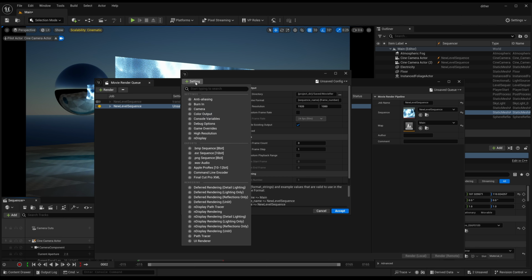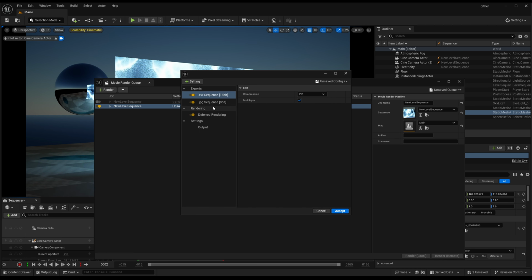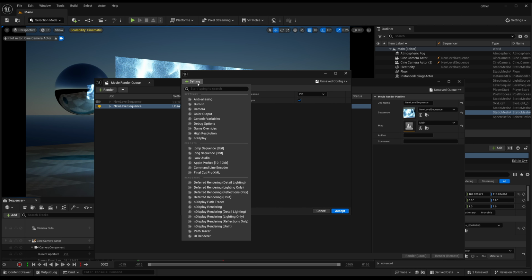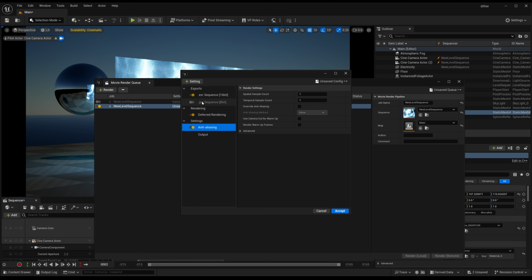So I've rendered this sequence out already, and I've used EXR as the file format, and for my settings for anti-aliasing, I did 1/64, so 64 temporal sample count. And when you add that, you're going to get this message saying that the spatial sample count multiplied by the temporal sample count must